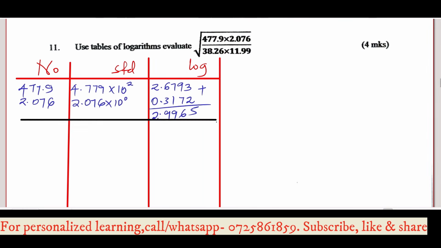Now we can go to the denominator. So now we go to the denominator where we have 38.26. Write this one in standard form. You get 3.826 times 10 raised to the power 1. The logarithm of 10 raised to the power 1 is 1. Then read this one from the table. Remember, we're using the tables of logarithm for all these. So logarithm of 3.826, that will be